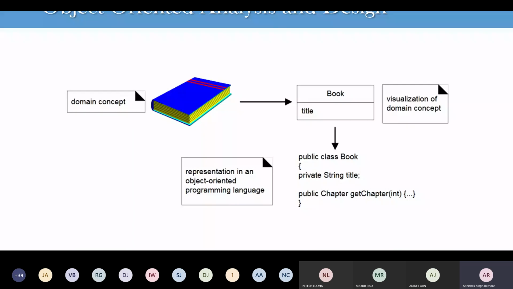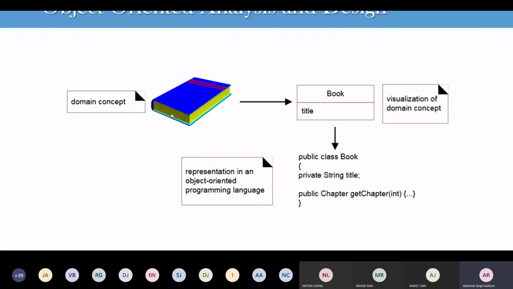to fulfill the requirements. So for our example of a library system, take the book software object. This book software object may have attributes, and let's say we have a function like get chapter or get book. Then during the implementation of our object oriented programming, the design objects are implemented, such as a book class in Java.